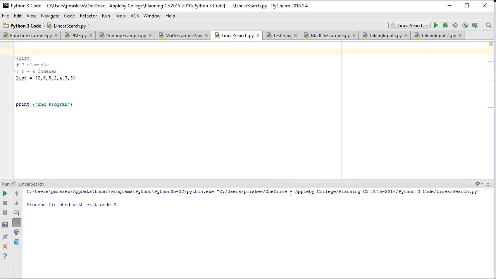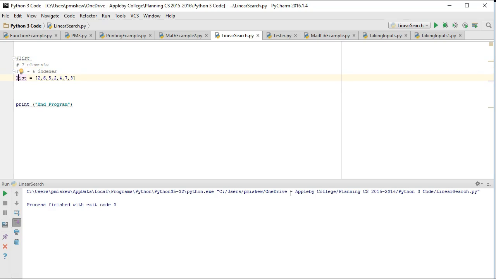Hello, in this video we're going to look at an implementation of a linear search in Python 3. To do this we're actually going to search using a list. There is a difference between a list and an array, which we won't get into in this sense. But the important thing to understand for the sake of this video is that when we look at a list,